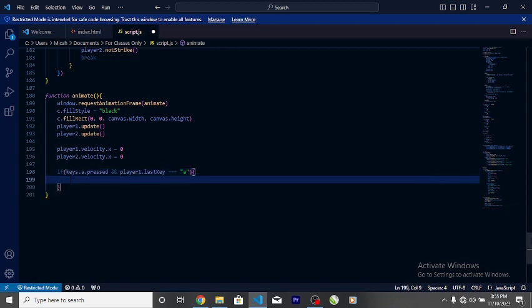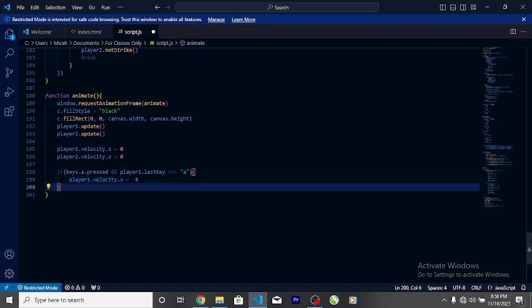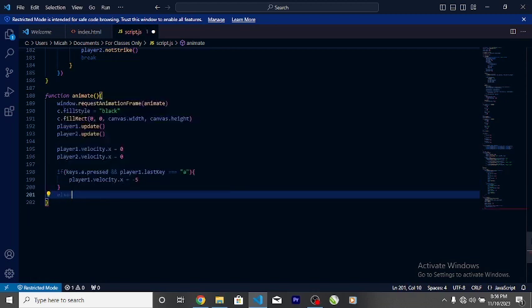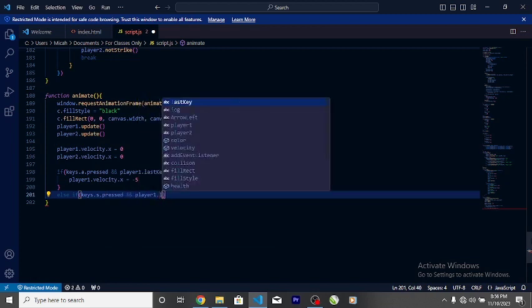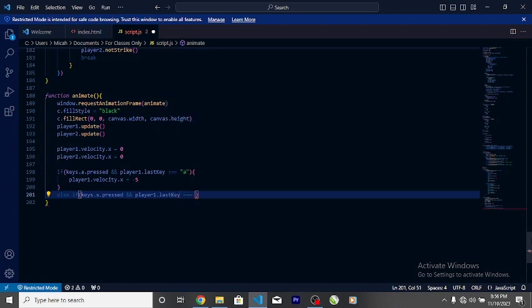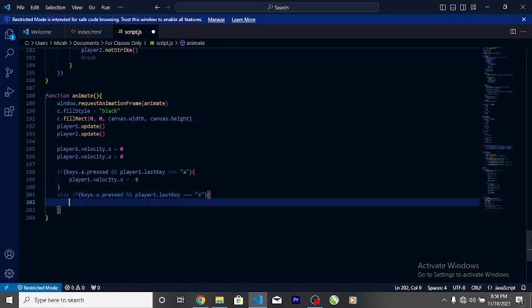and then I'm going to say player 1 dot velocity dot x equal to -5, and else if is going to be keys dot s dot pressed and player 1 dot last key equal to s, and we're going to say player 1 dot velocity dot x equals to -5,